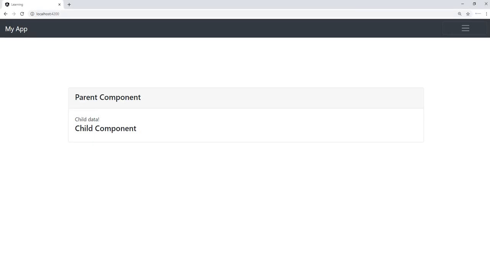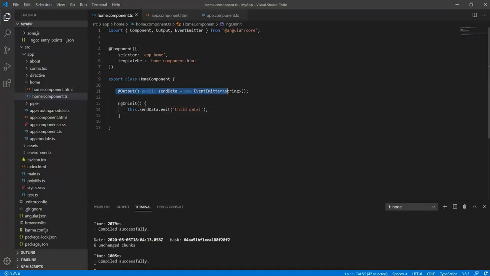Now we'll quickly check. So we are getting the child data here. Quick recall: first step, create an Output variable and use it with the emit method, passing the data inside it, and make sure you have used the reference for Output and EventEmitter from Angular core.